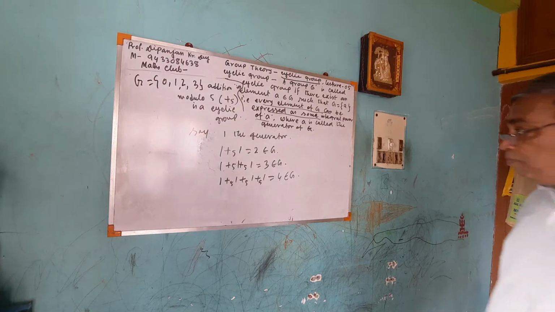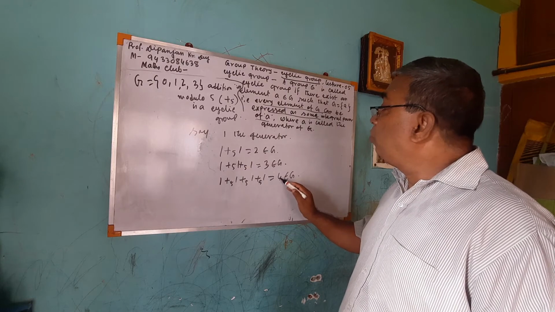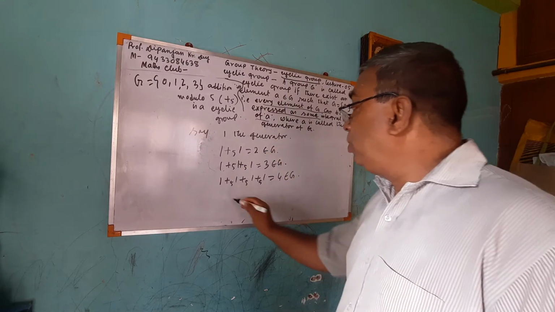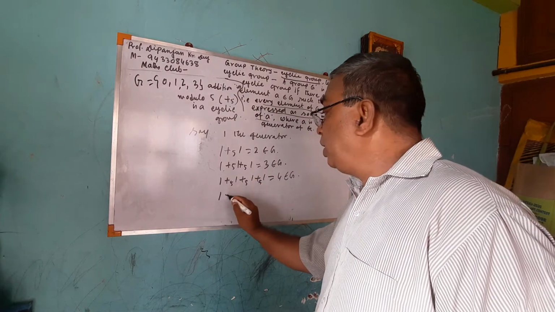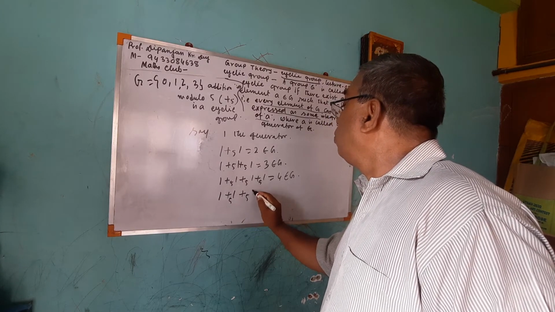That is addition modulo 5. 4 is less than 5, so there is no need to divide. Then I am increasing further, with addition modulo 5: 1 plus 1